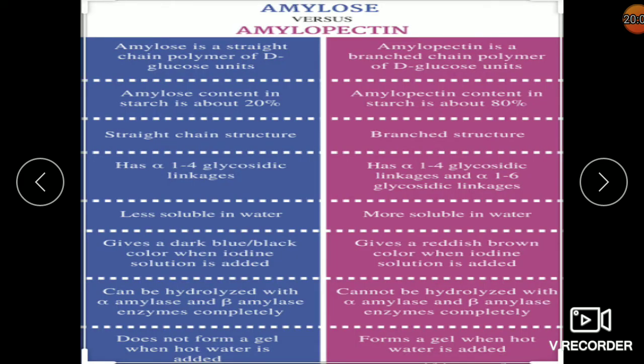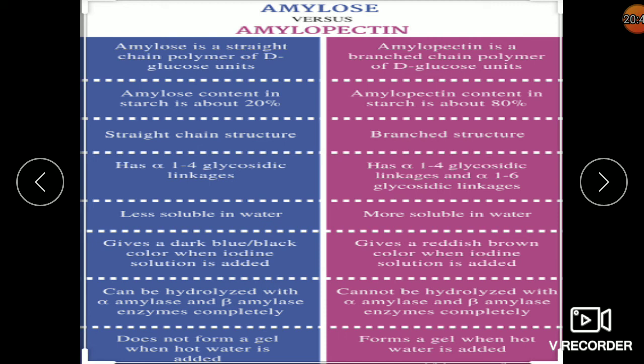So the two components present in starch are amylose and amylopectin. Okay. Now what are amylose and amylopectin? Before starting, just think about a rice grain. Okay, you take a rice grain, and if you put a drop of water on it, you'll observe that some part of the rice gets wet with the water, but some oily parts on the surface do not get wet with the water. Okay, now from your observation you can differentiate two parts: a smaller part that is not getting wet with the water, and the major part that gets wet with the water.